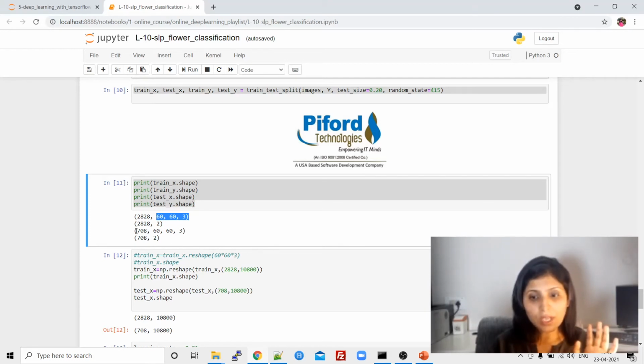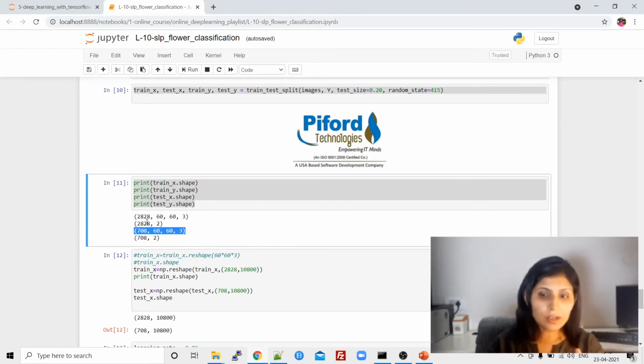In the same way, for test also, you have to perform the same functionality. See, train Y and test Y, there is no need to do anything over here because we are talking about images right now, and train Y and test Y store the label names. Where do we have our images? We have our images in trainX and testX.